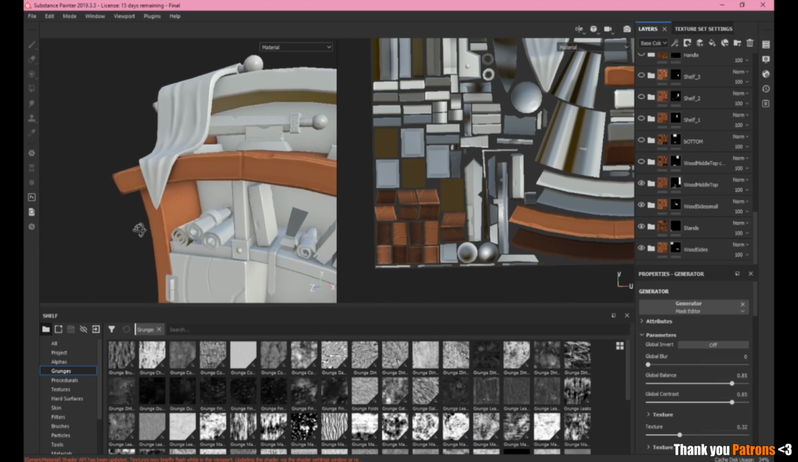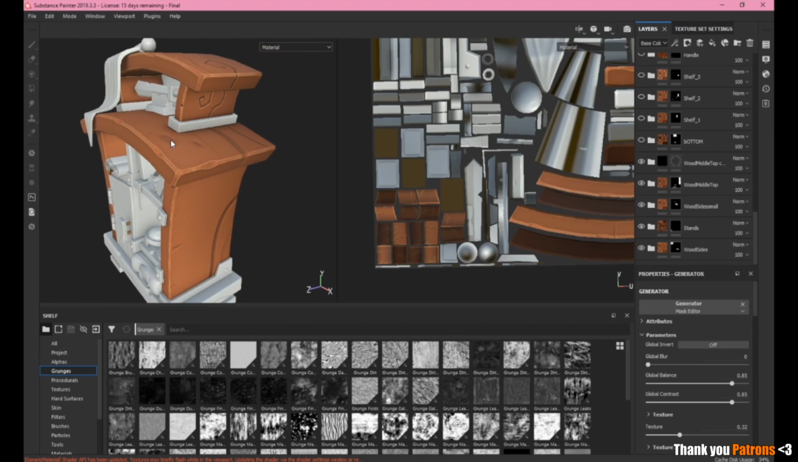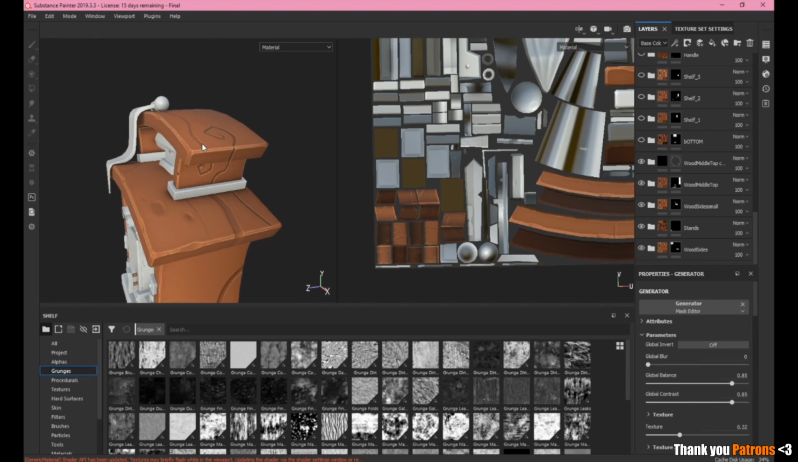So that's just something I also did. This one is the gradient as well. So I have it going from dark to light. It's the same exact